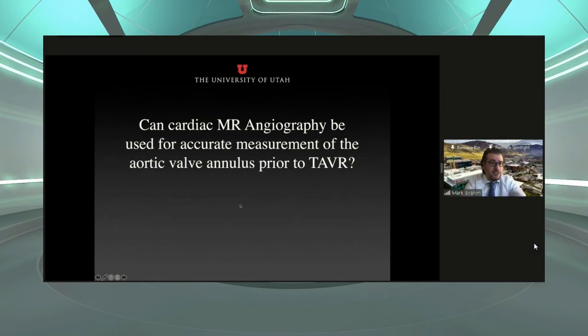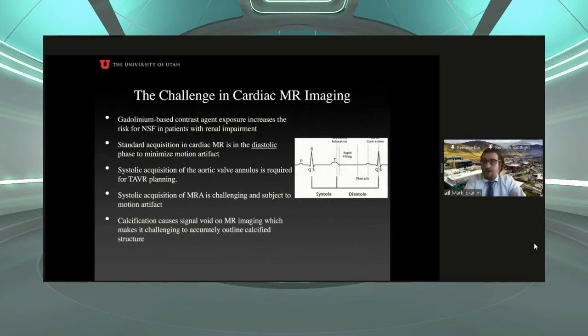have? Main question here: can cardiac MR angiography be used for accurate measurement of the aortic valve annulus prior to TAVR planning? There are multiple challenges in cardiac MR imaging preventing this modality from being very popular. To have a high resolution MR imaging, you need to give MRI contrast, which is the gadolinium-based contrast. And also, if patients with chronic kidney disease are getting gadolinium contrast, there is a risk for nephrogenic systemic